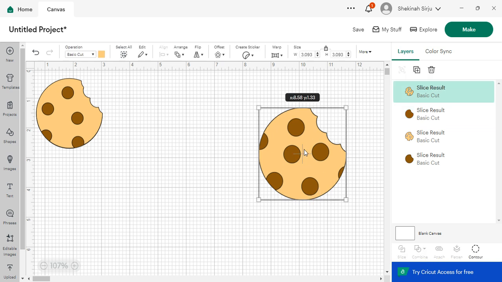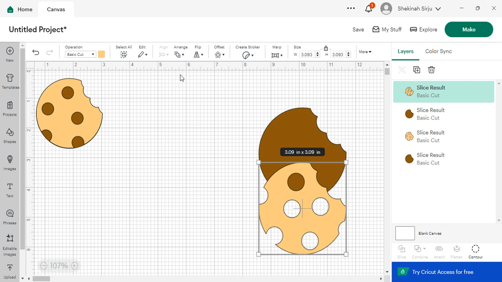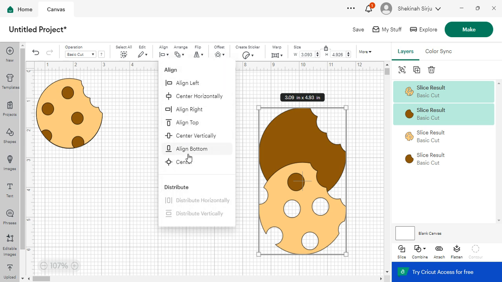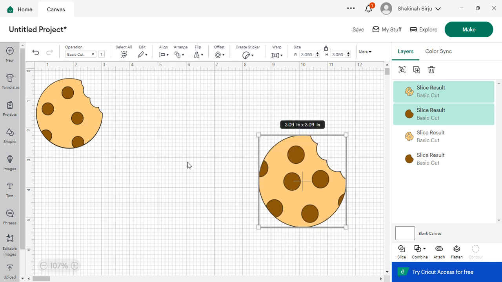Let me just do that again. Align center, and it's perfectly on top of each other, and you have just created your very own chocolate chip cookie. Isn't that exciting? Before we move on, I just want to give you one more example of how we